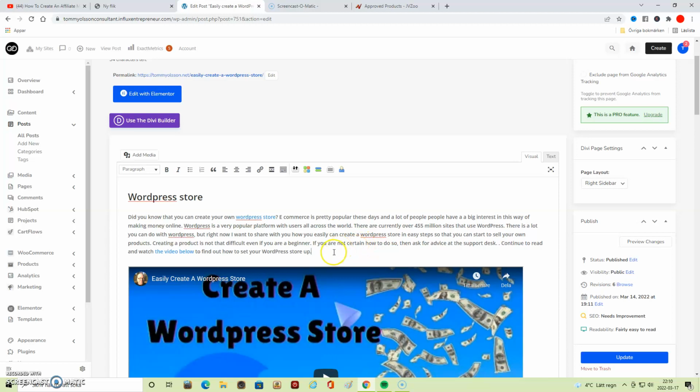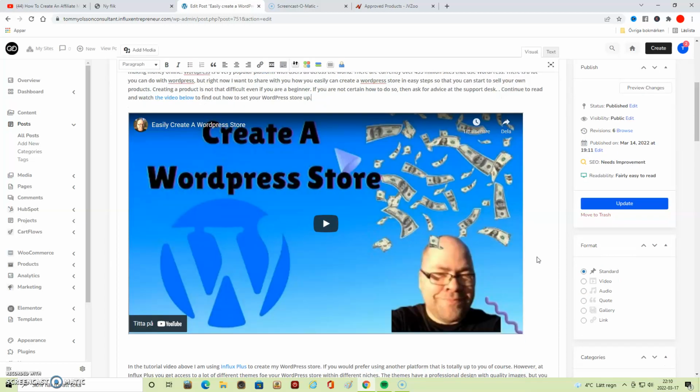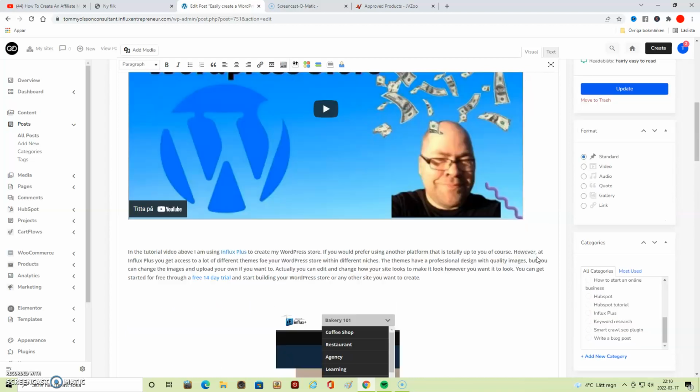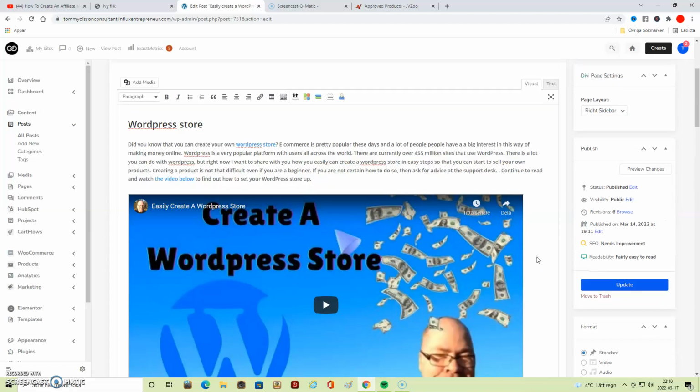And if you use a big part of someone's article, make sure that you put a link in the post to their article and site, because that's just good manners. When you're done with your post, you just click on save. In this case, as I wrote this earlier, I will click on update.